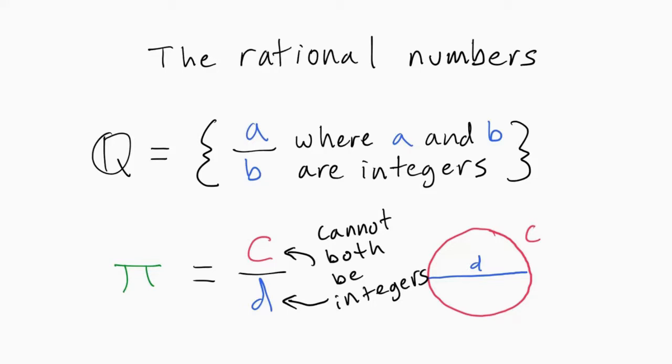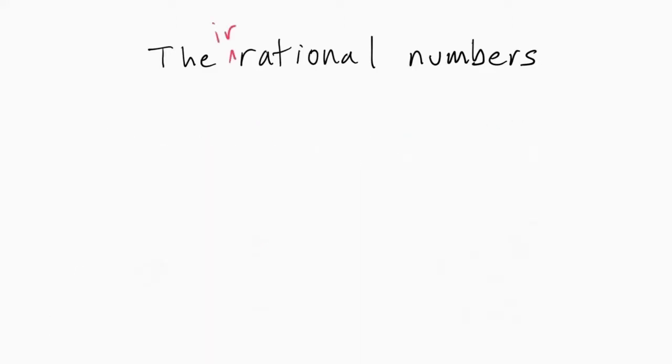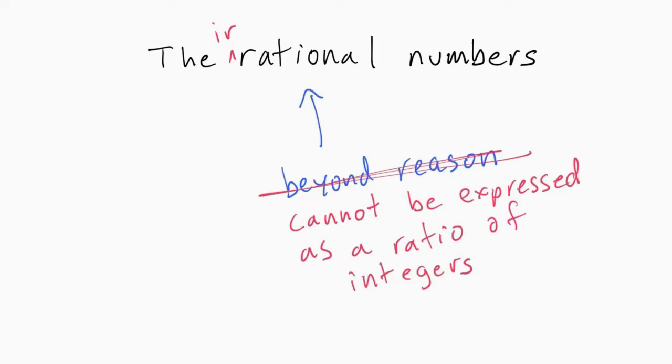While this may seem like an obscure little factoid, it actually has far-reaching implications. It means that if we want to do any arithmetic with the dimensions of circles, we need this number. Pi is an essential quantity in geometry and trigonometry, and from there it makes its way into all kinds of applied math fields. The bottom line is, we really like pi in our number system, but since it can't be represented as a ratio of integers, it's not a rational number. So it's time to learn about the irrational numbers. The same caveat I had about the term rational applies here. Irrational doesn't mean beyond reason, it literally just means cannot be expressed as a ratio of integers. A better name would be something like non-quotient numbers, but again, we are stuck with irrational.